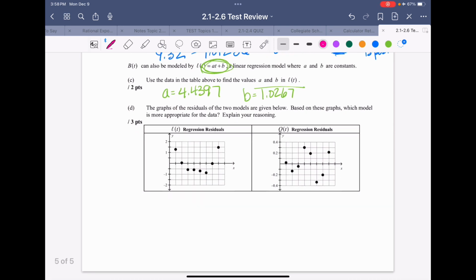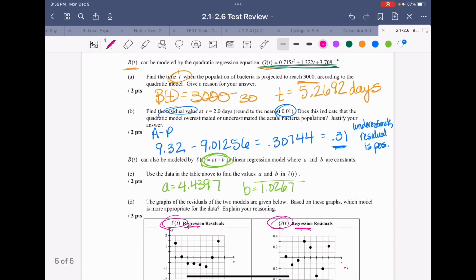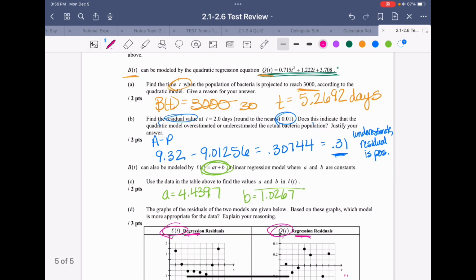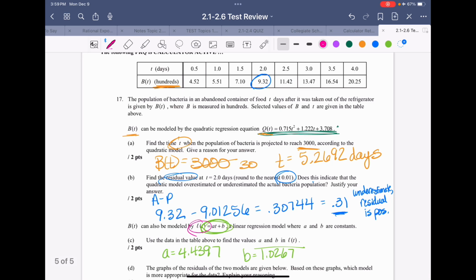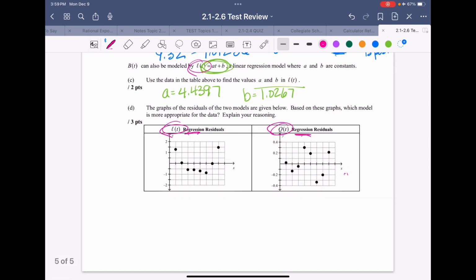The graphs of the residuals of two models are given below. Based on these graphs, which model is more appropriate for the data? Explain your reasoning. And we got to use the real names here. These are both regression models, right? So I would say this one doesn't have a pattern, and this is L of t. So this is what they're actually using up here. Remember, this was L of t, and this was Q of t. So we can say Q of t, because that's its name, which is the quadratic model,